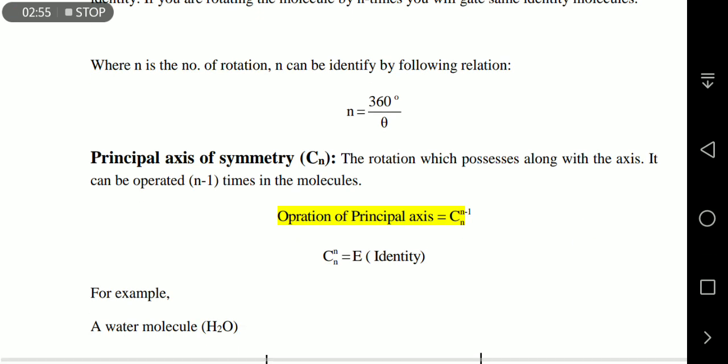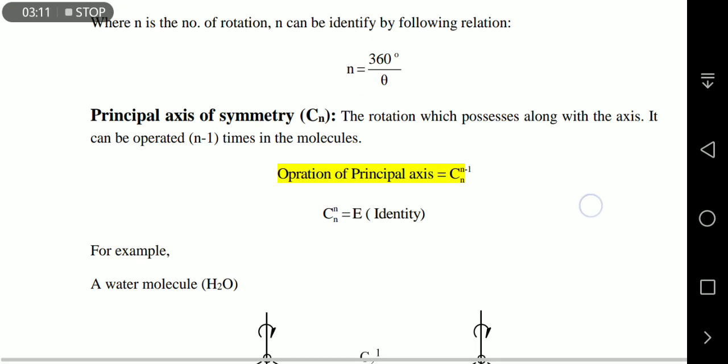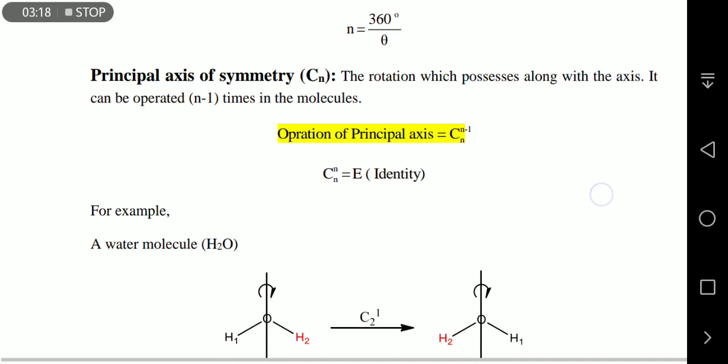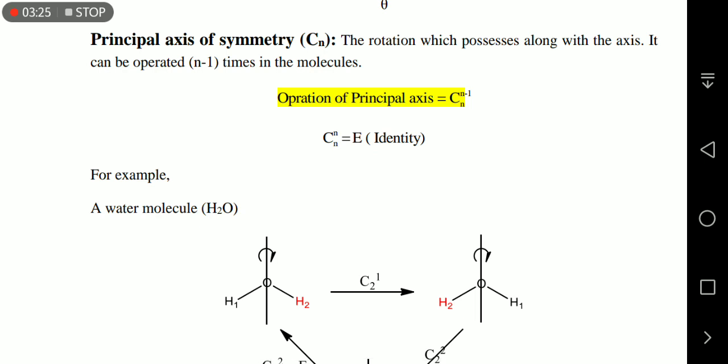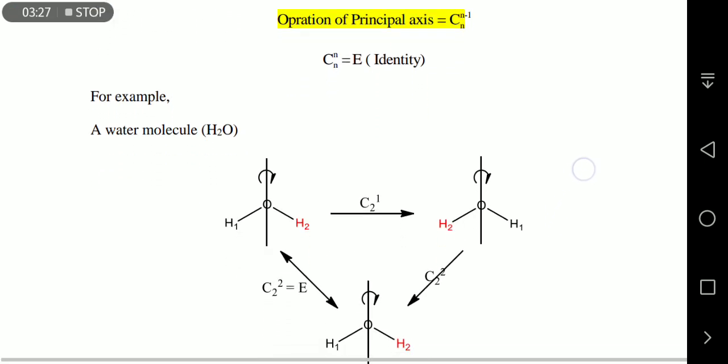Now I will discuss the principal axis of symmetry, which is denoted by Cn, the rotation which passes along with the axis. It can be operated n minus 1 times in the molecule. So you have to write down: operation of principal axis is equal to Cn, n minus 1. If you are operating the principal axis of symmetry n times on the molecule, you will get the identity of the molecule. For example, a water molecule,